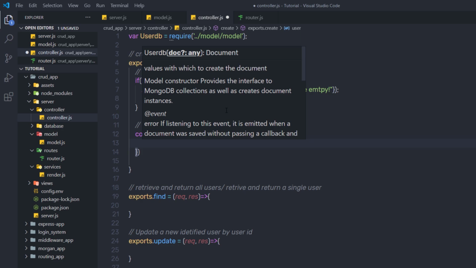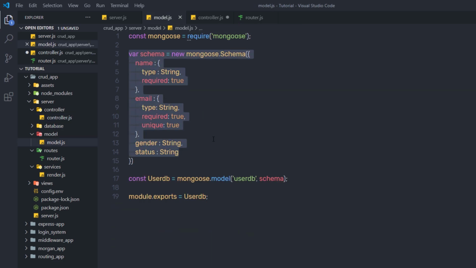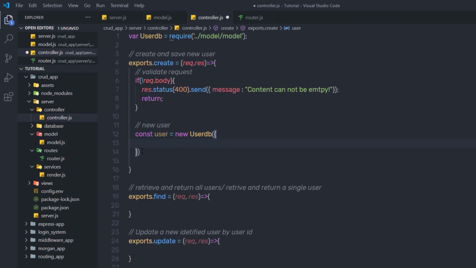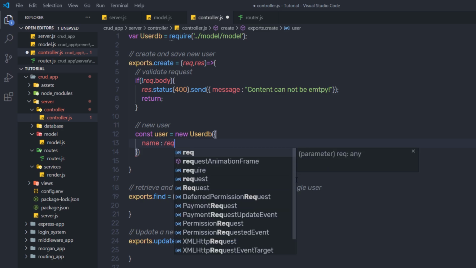So here I'm going to create a constant user is equal to new userdb, and in the parentheses inside the curly braces I'm going to specify values for this document. So I'm going to specify values for name, email, gender and status. So inside these curly braces, I'm going to first specify name, and then here I'm going to say